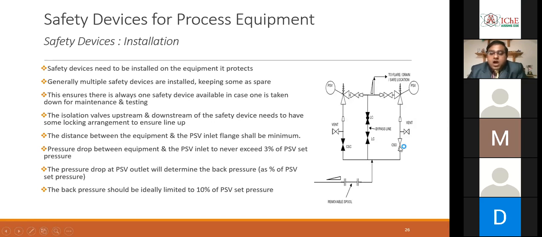When I say car seal open, there will be one key available through which you will open and close this. Without that key, you will not be able to open or close these valves. That key has to be issued through the correct procedure, and these valves always have to be opened or closed under supervision. You cannot simply go like walking in a park and close a valve and come back. It never happens like that in terms of PSVs. So these are the locking devices and safety protocol that have to be followed for PSVs.